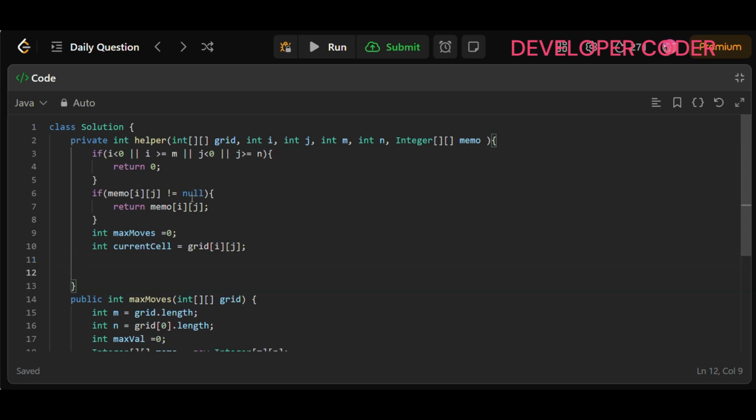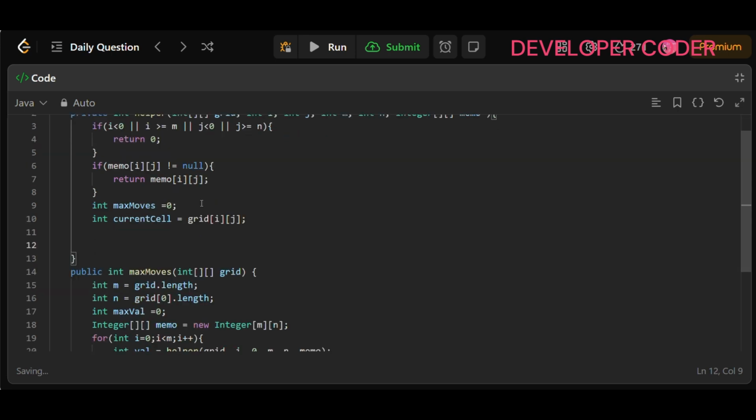So here if my i is greater than 0, and j plus 1 is less than n, and grid of i j